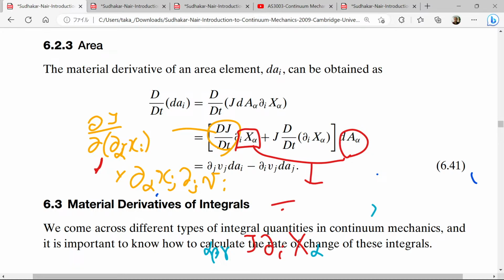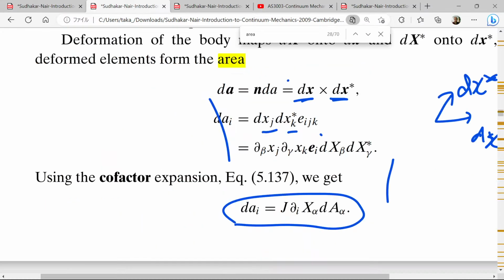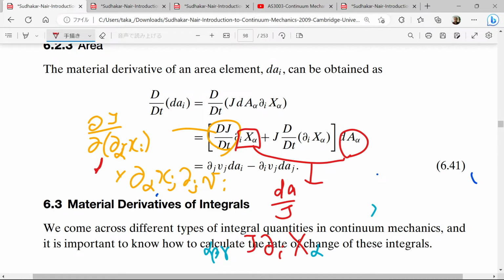Then we have 1 over j dA I. This is dA I. So we have like 1 over j. If I put this 1 over j there, then how do you get